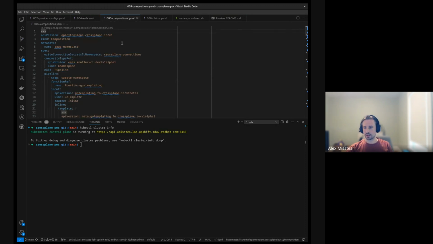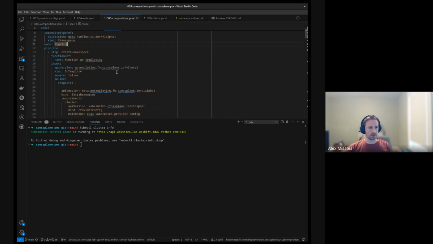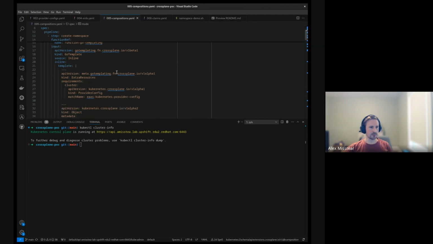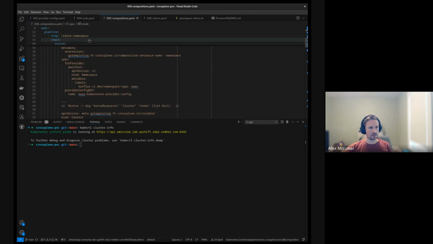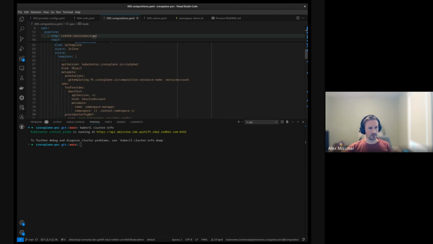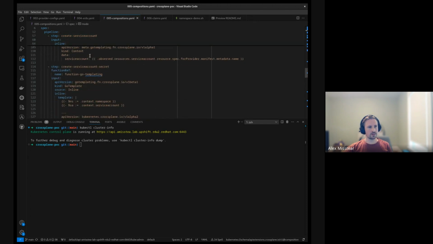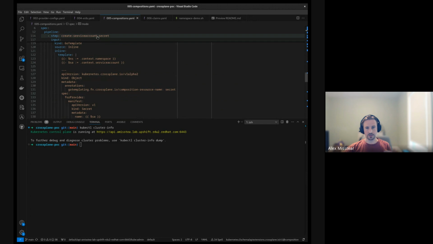The next most interesting part of this is the composition. This is where everything actually happens. This looks kind of like a Tekton pipeline. You'll notice that there's even a mode for pipeline here. I won't go through all the details here, but the general steps are: we create a namespace, we create a service account, create the service account secret,